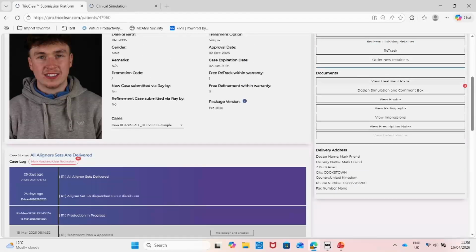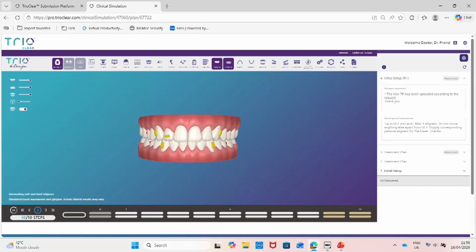In the portal, if you click this box here called Design, Simulation and Comments box, it will open up a separate tab, and this will take you to the actual alignment plan, which we're looking at in front of us. Now, this was the very first plan that was delivered to us, and this was on the back of my prescription,